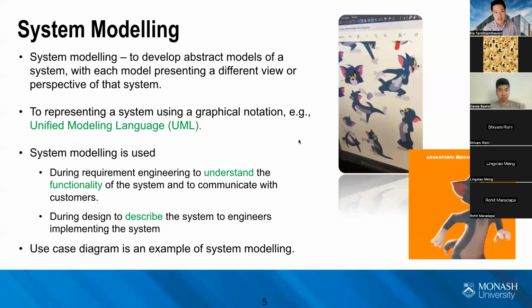Without such kind of modeling, it's hard to understand the high level because the real software system is extremely complex, right? And to do that, normally people use the UML diagrams, right? So UML stands for Unified Modeling Language, which is a standard modeling language, and we're going to use it throughout the unit, okay? The purpose of the system modeling, we often use to understand the functionality of the software